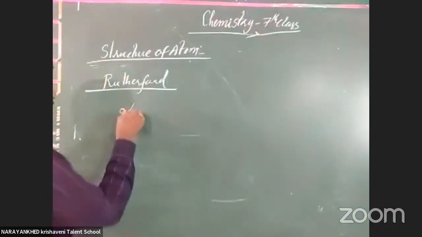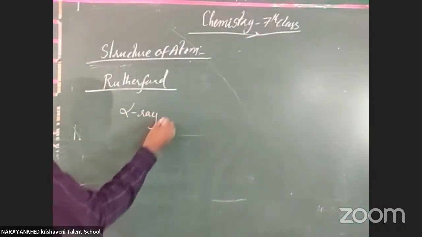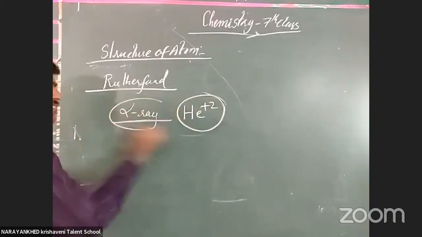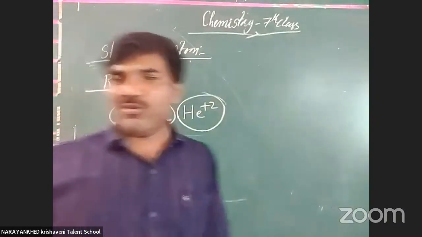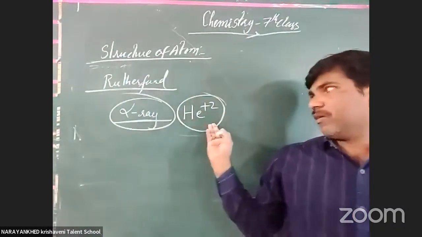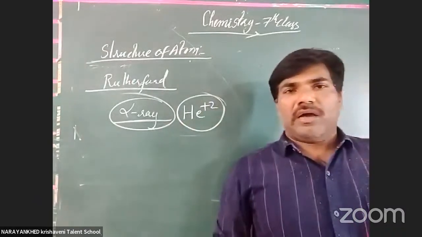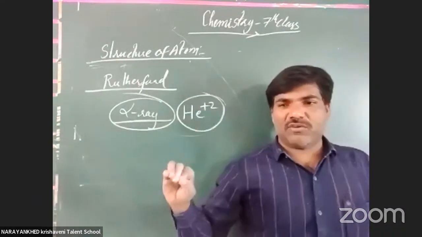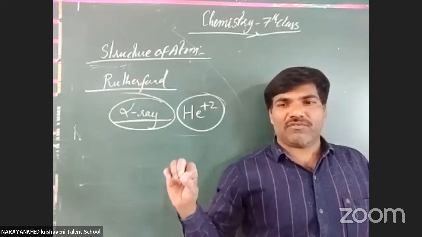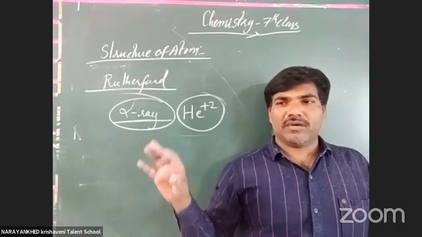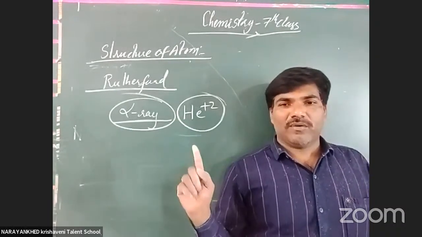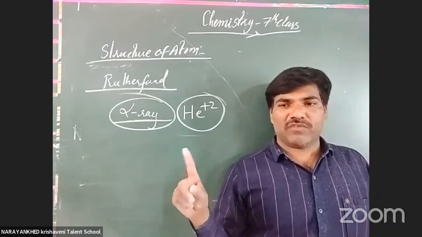What is the alpha ray? Yes, alpha ray is nothing but helium plus 2 particles. Some things are new for you. Why? Because you have not studied 6th class IIT foundation, and that is why it may be confusing. Actually, every 7th class student should know at least 30 element names. Okay, clear? 30 element names. I already gave this task in the first class only.